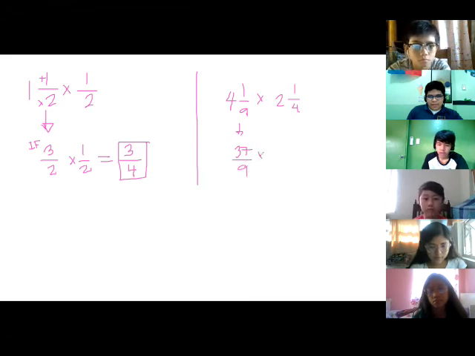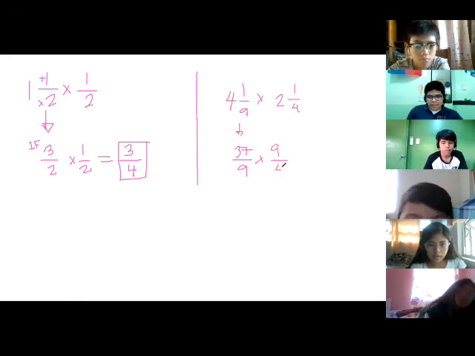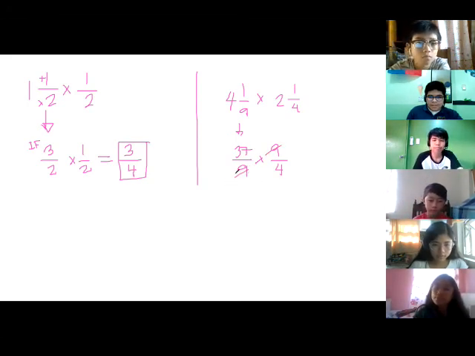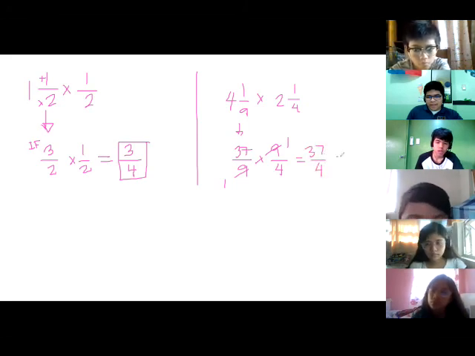And then we will have here 2 times 4 is 8. 8 plus 1 is 9. 9/4. Nakita mo parehas 9. So common factor nila ay 9. Diba? So if you divide both by 9, you'll just get 1. And we will get now 37 times 1 is 37. Okay, 1 times 4 is 4. And if you divide that, you will get,